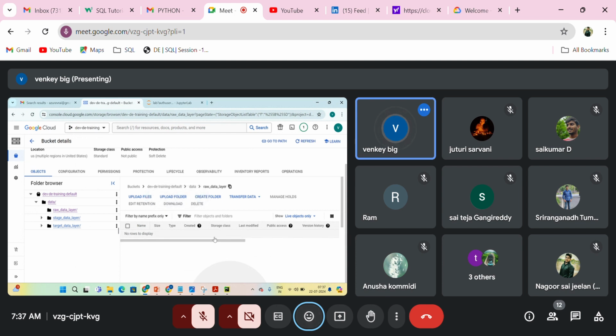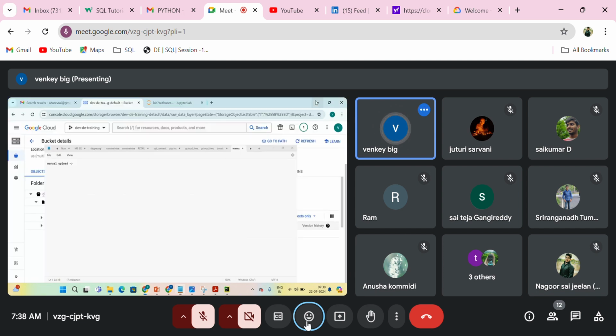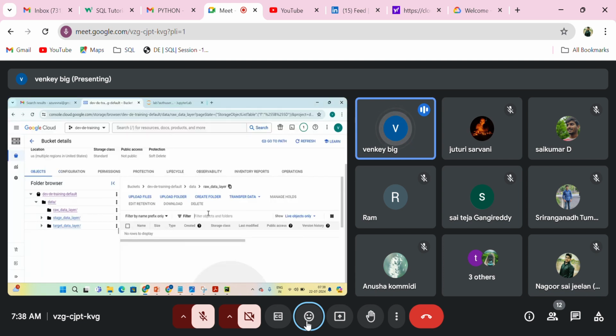How can I upload? So here we have three different ways. Be very, very clear. Here we have three different ways of uploading the data into GCS. So in real-time projects, let us say manual upload is one of the data loading options that we have. Manual upload. So what do I mean by manual upload? So here if you see, I just entered into this directory, and then,